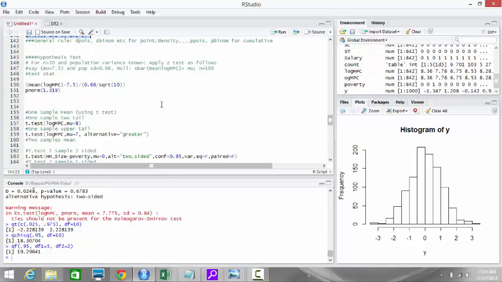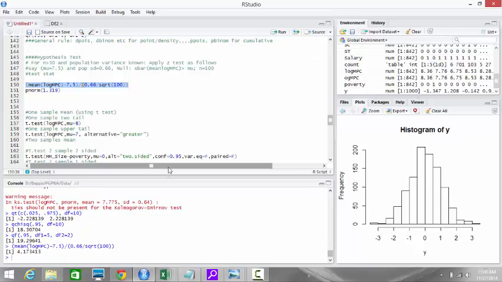One simple way of calculating is, let's compute the test statistic. As we know, the z test statistic is x bar, which is the mean log of MPC, minus mu, divided by the standard error. The standard error is nothing but the standard deviation divided by the square root of n, where n equals 100. So let's apply that, and what we get here is a value of